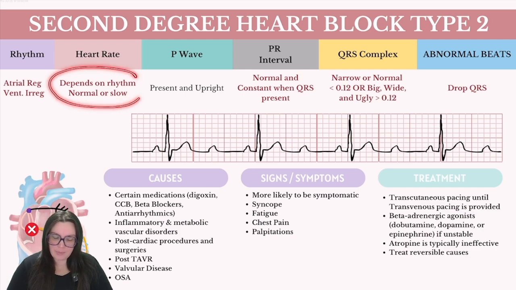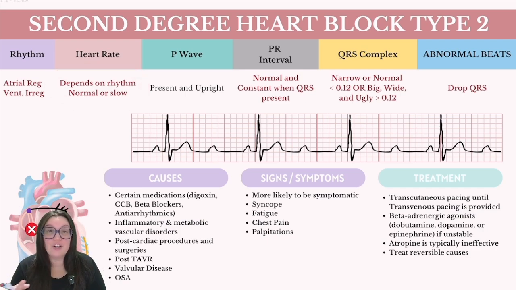The heart rate is going to be dependent on what's going on with the heart rhythm. It could be normal or it could be slow. The P wave is going to be present and upright. As we know, whenever we have them, they look good with these second degree type 2s. The PR interval, like we talked about before, is going to be normal and constant when a QRS complex is